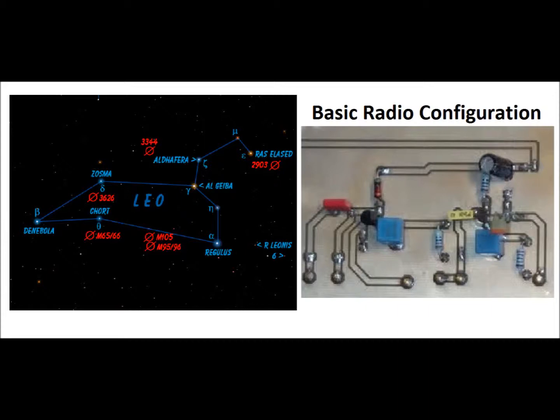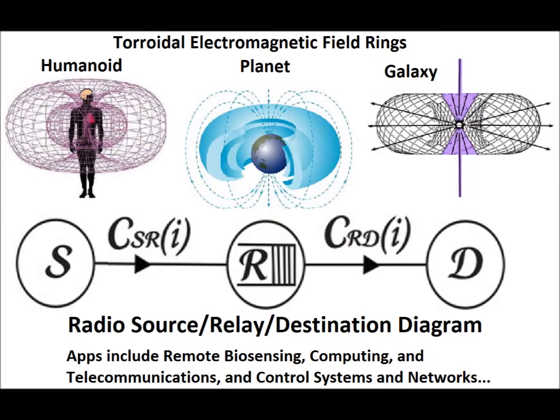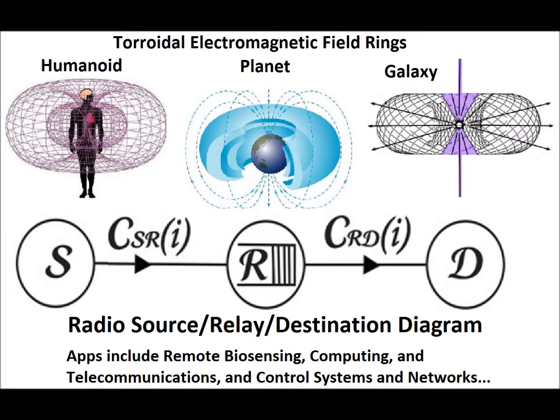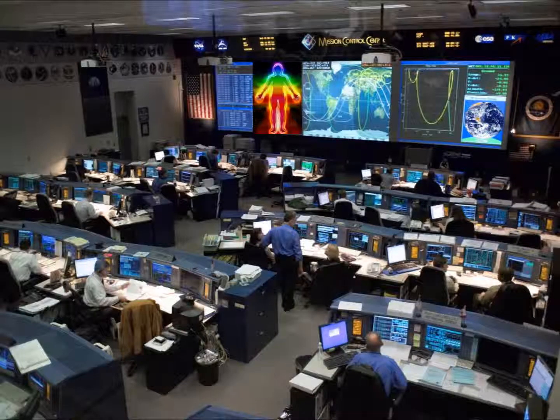The system of electromagnetic fields inside electromagnetic fields inside electromagnetic fields is a mirror image of a source relay destination system. The system enables the engineers of the Technoverse to keep track of and perhaps even manipulate the organisms in their domains. The universe is a bio-MEMS